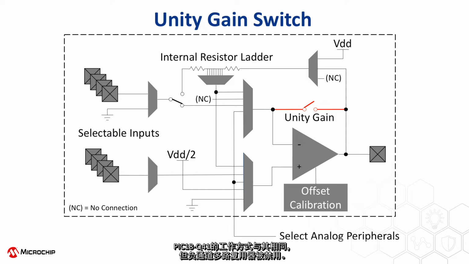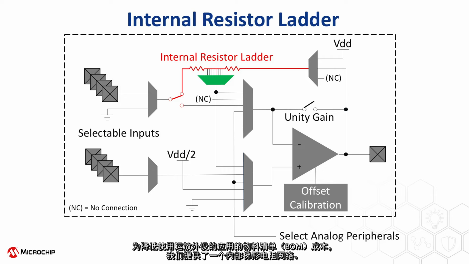The PIC18 Q41 operates identically, except that the negative channel multiplexer is disabled. This reduces gain error caused by the parasitic resistance in the switch, however, it prevents the switch from discharging the integration capacitor. To reduce the bill of materials, or BOM, in applications that use the op-amp peripheral, an internal resistor